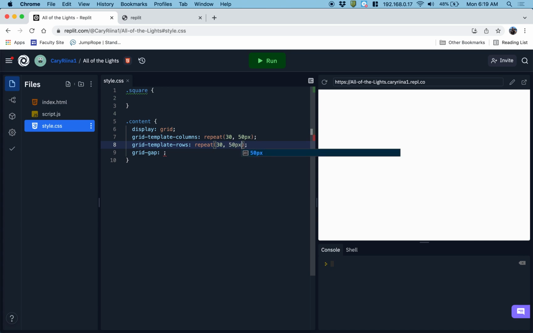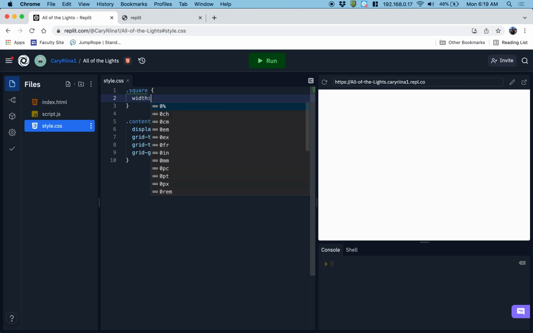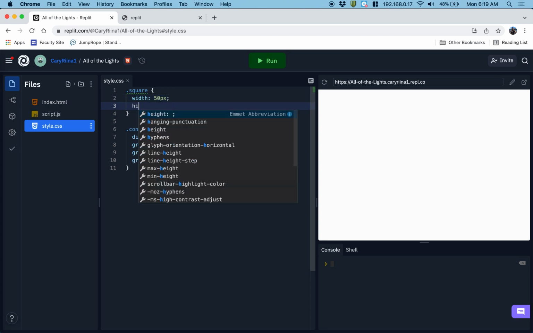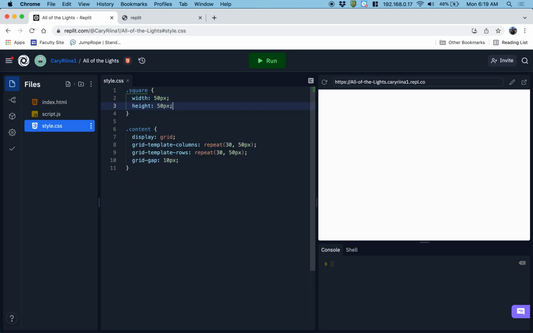and I'm going to make my rows the same size, 50 pixels as well. And then the grid gap will be, okay, so now we've got columns that are 50 pixels wide, rows that are 50 pixels, and our grid gap, let's make it something like 10 pixels. So there'll be a 10 pixel space in between the columns and the rows. And for the squares, let's make their width 50 pixels and height 50 pixels. That way each square takes up all of the grid space and also has a